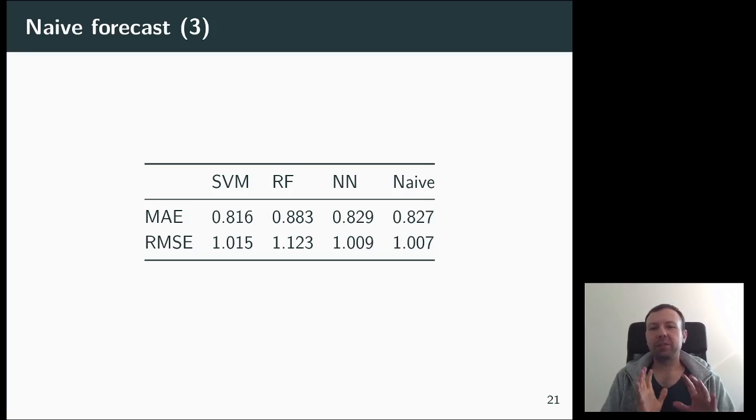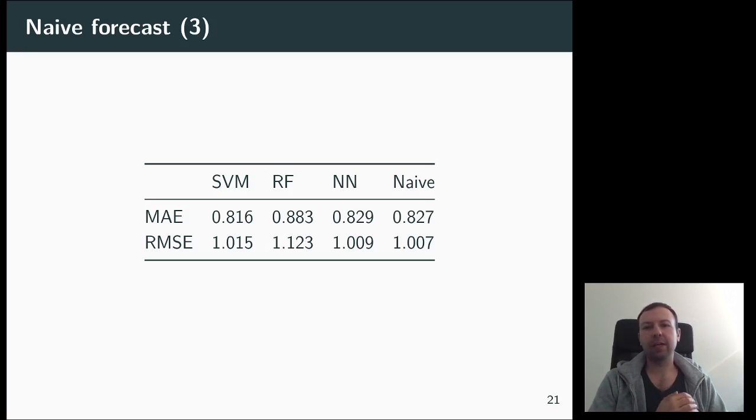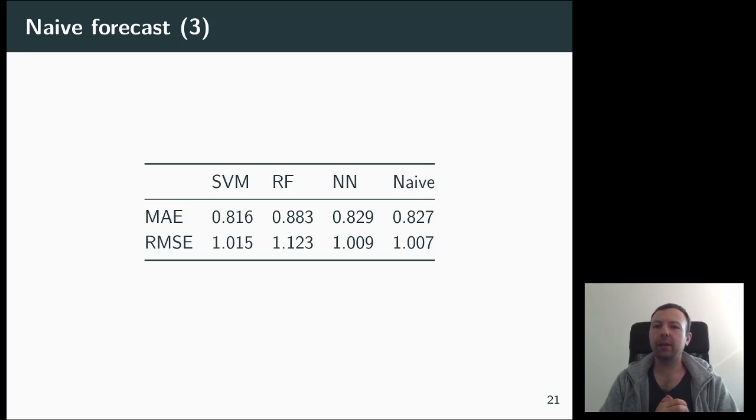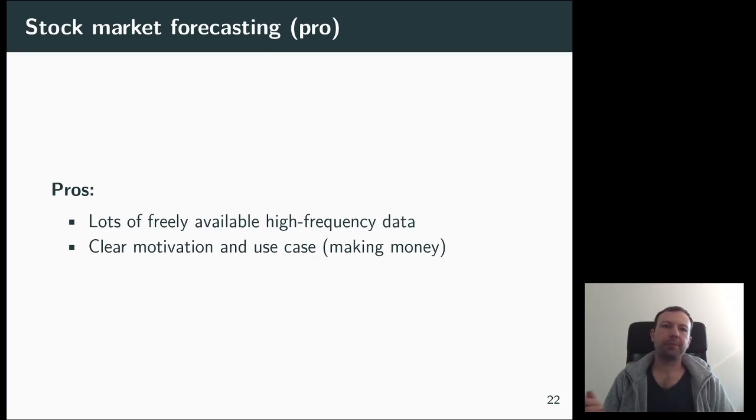But anyway, you see two things here. The first thing is that what we've done so far, all this model training and prediction, wasn't good for anything, because the naive forecast is provably the best forecast, and it also gets the best results. And because of the small, finite sample size, by pure luck some method can obviously be better, but that's not what we want.